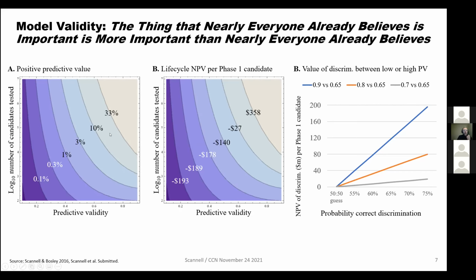And then one can just draw contours that represent the positive predictive value as these two parameters vary. And what you see is that